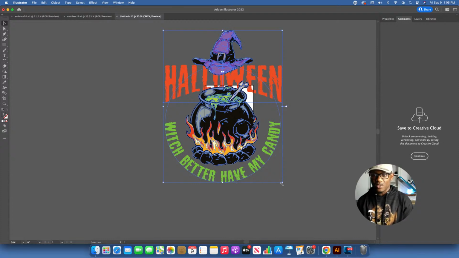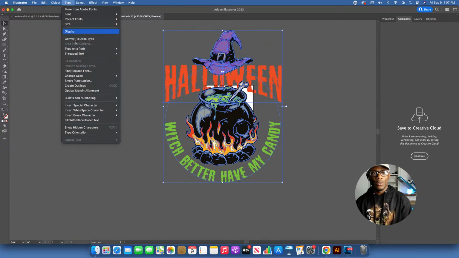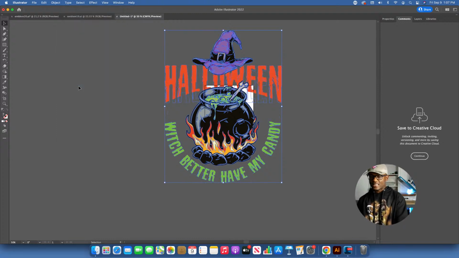So what I want to do first, when we're talking about creating a contour line for a sticker that I'm going to send out to someone to print, is convert all of this text into outlines. That's my very first step when I'm doing my stickers. You do that so the text, everything, becomes a shape. So I'm going to select everything on the screen right now before we do anything. I'm going to come up here to the Type menu, scroll down to where it says Create Outlines. Now it's that simple. That's all you have to do. You just go to Type, Create Outlines.